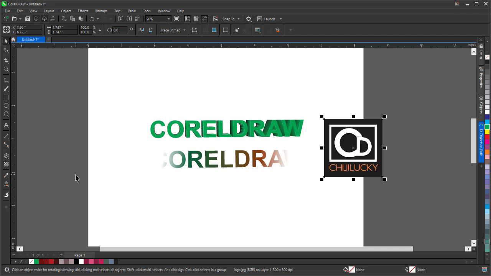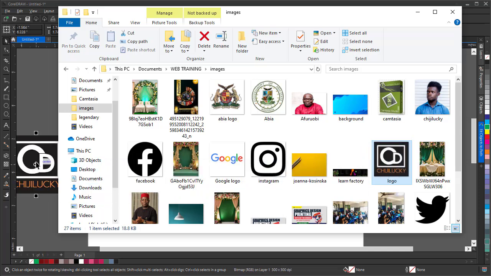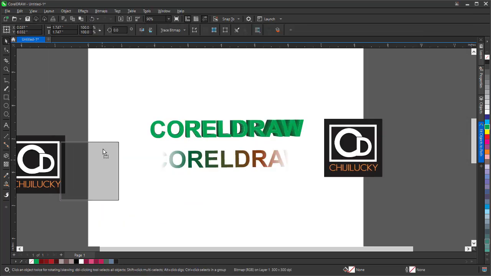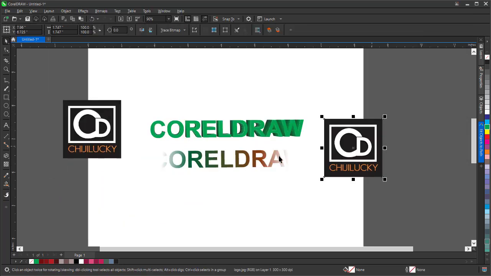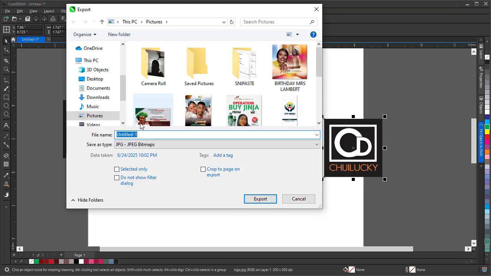Now if you don't want to go with that way, you can just open your file explorer, and this is the image. You can just drag it and put it here. This is it, and this is the one I imported through file menu here. So now the export, just like we did, if you click on the export, this is what you have,